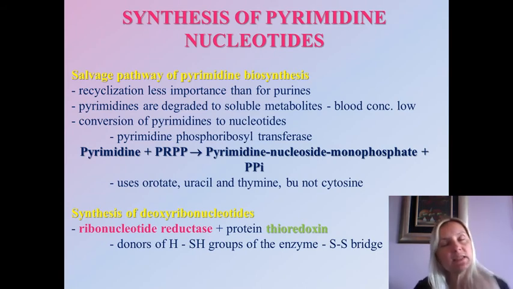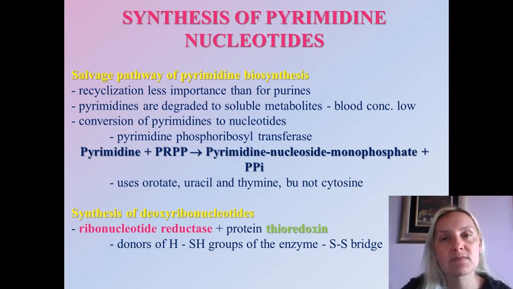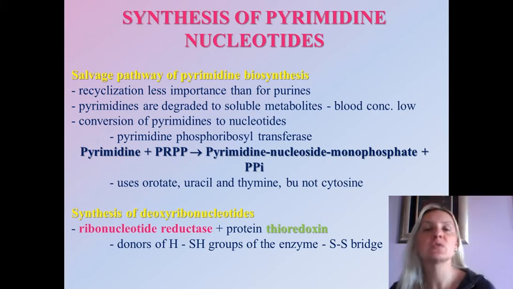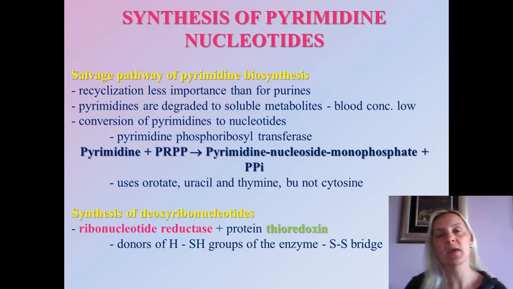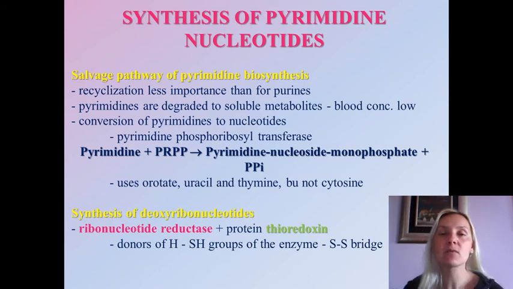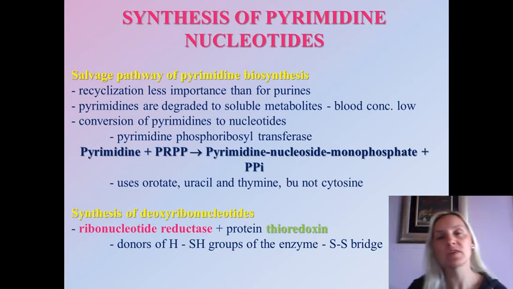When there is a need to synthesize deoxyribonucleotides for incorporation in the DNA molecule, we need to reduce the sugar moiety, so we have to remove the OH group from ribose to form deoxyribose, and the enzyme which catalyzes this reduction is ribonucleotide reductase, and this is the only one for all of the